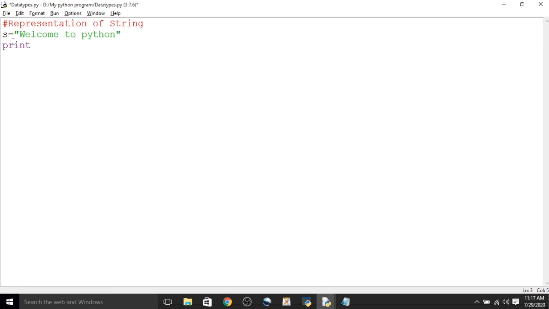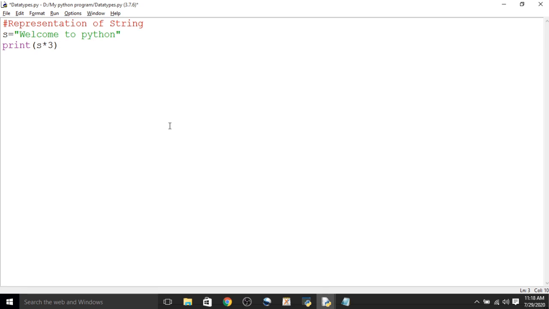Now suppose for example, if you declared a string s equal to welcome to Python. So we have taken one string, welcome to Python, and stored it inside a variable s. Now we want to display that string 3 times. We can write this way, s multiplied by 3.